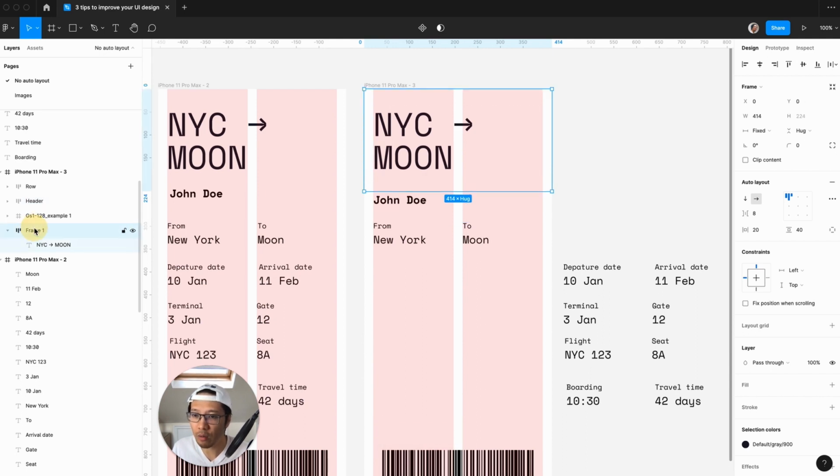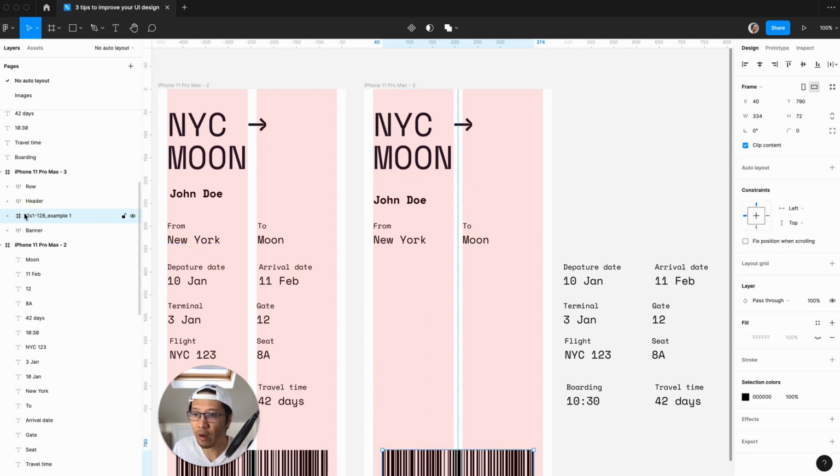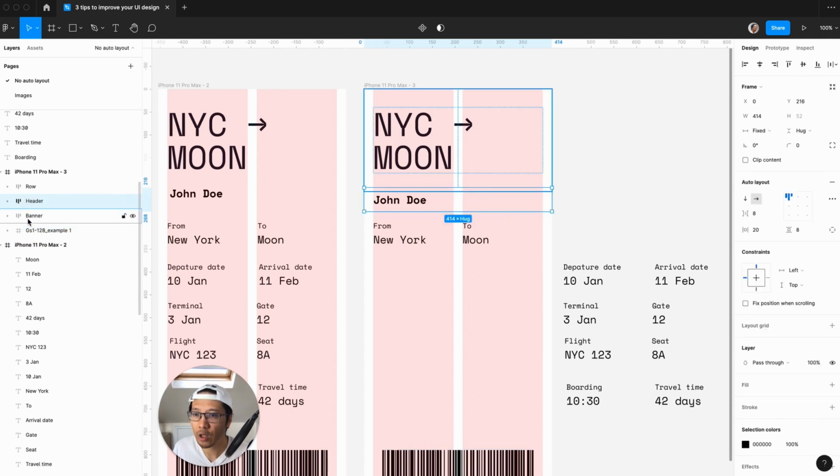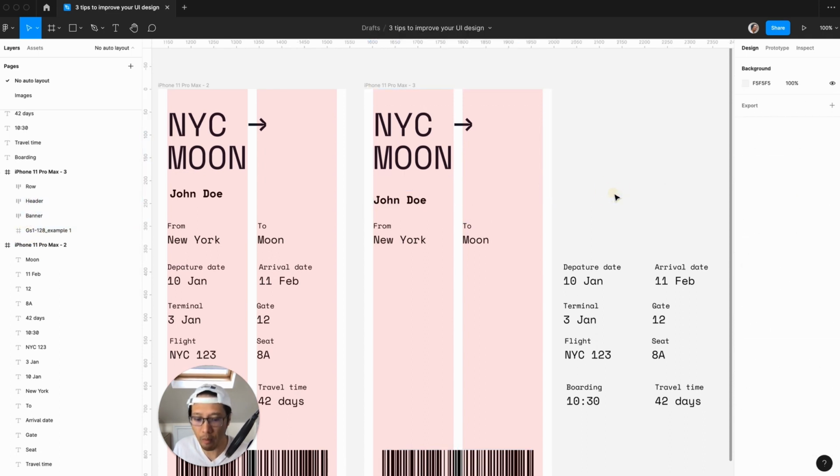This one, that one is really a header as well. Or we could say banner. Okay, right at the end we have the barcode, so I'm just going to put that there. So what I'm going to do now is actually combine all of them,